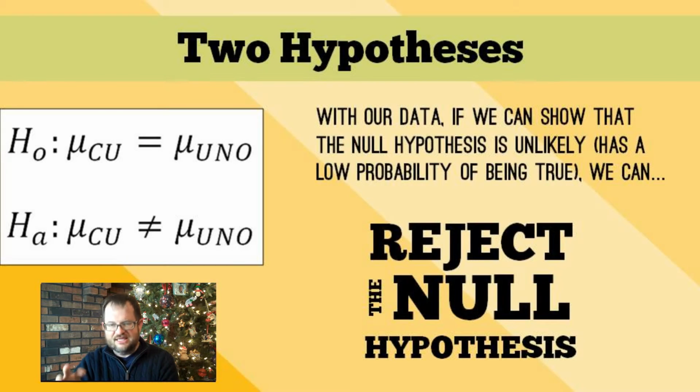I made that in a big font because it's something we're going to see over and over again. Reject the null hypothesis is a term in statistics. It means if we can say, look, that's not very likely given our observations, we can never prove that it is false. No matter what we have in our data, we cannot prove that the null hypothesis is false, but we can get some idea of how likely it is. We're going to use inferential statistics to determine how likely it is that it's true. And if it's not very likely to be true,